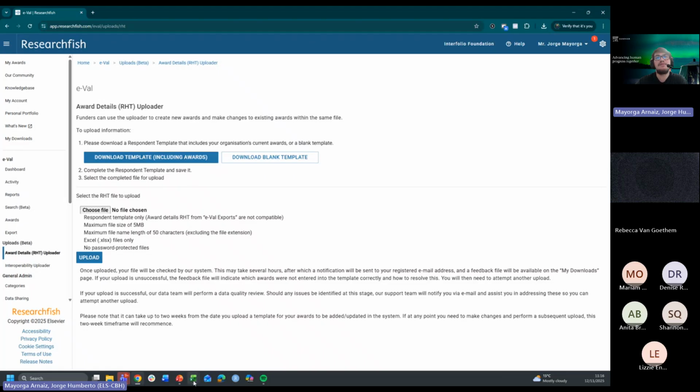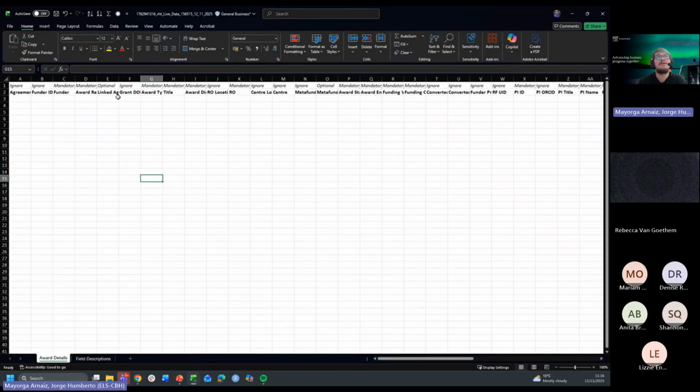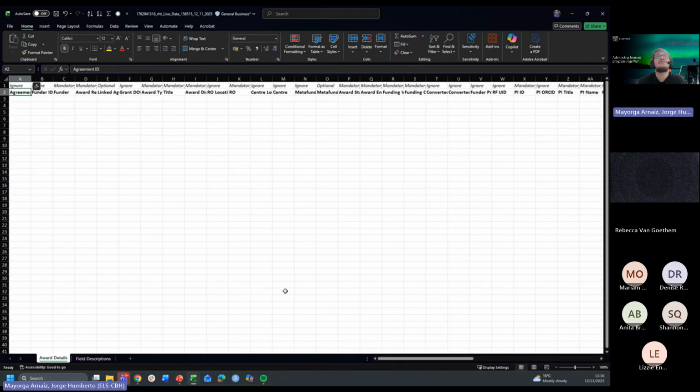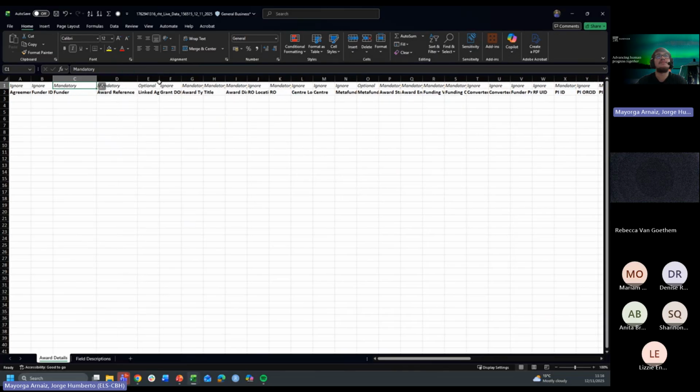So I'm just going to show you first an empty RHT. So basically, as you can see here, and one thing I would recommend is not modifying the format of the RHT or the spreadsheet. But basically, there are some fields that you can or you should ignore because these will be automatically generated by the platform. There are some others that will be mandatory, such as explaining who the funder is, the award reference, and then we got some optional